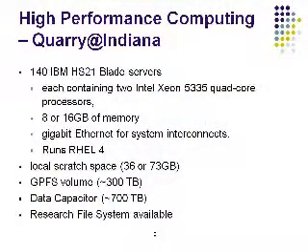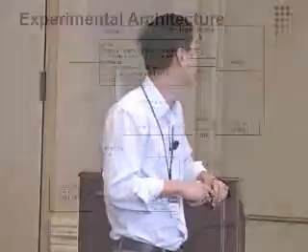And that's where the high-performance computing component may come in. You may say, well, this is really the layman's way of introducing high-performance computing, but we thought this was actually helpful. So we're using the Quarry system at IU, and it's got maybe about 140 blade nodes, and very marginal memory, and it's a lot better than a desktop computer, right?